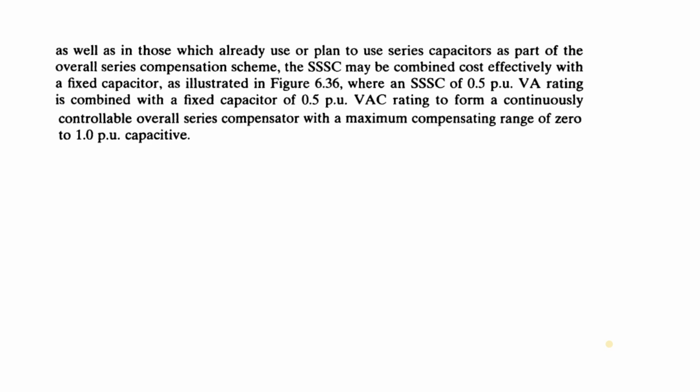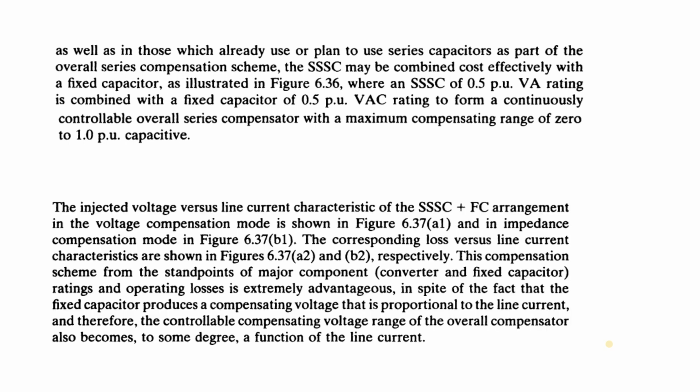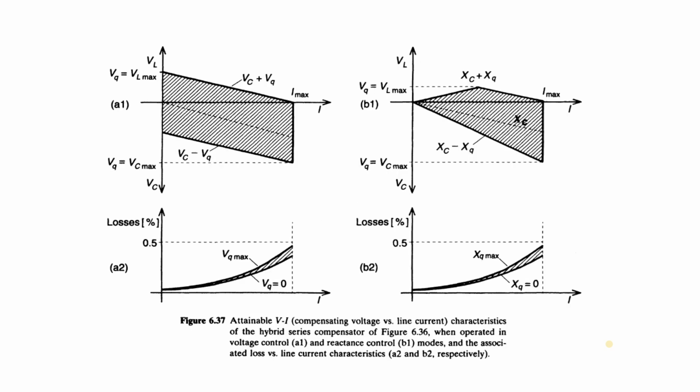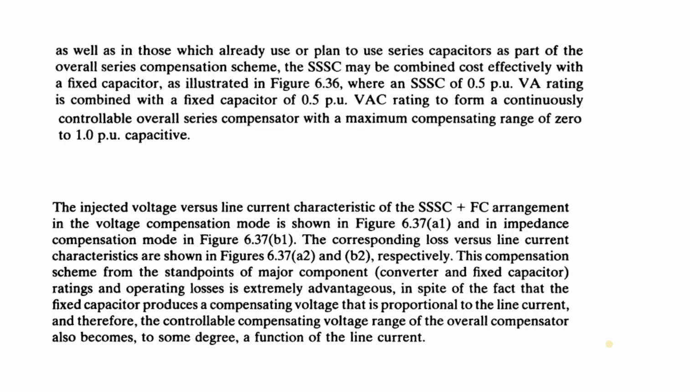So the VA rating, to form a continuously controllable overall series compensator with a maximum compensating range of 0 to 1 per unit capacity, so it can be only used for that particular rating only. So the injected voltage versus line current characteristics of the SSC plus the fixed capacitor arrangement, FC means the fixed capacitor. So considering both,